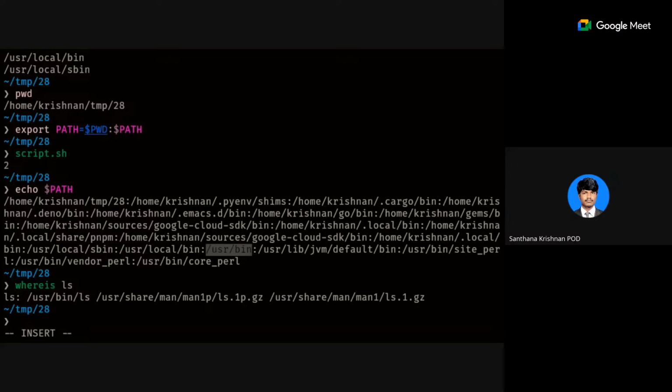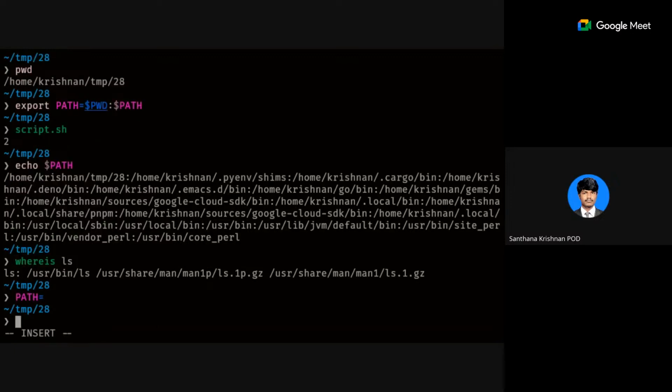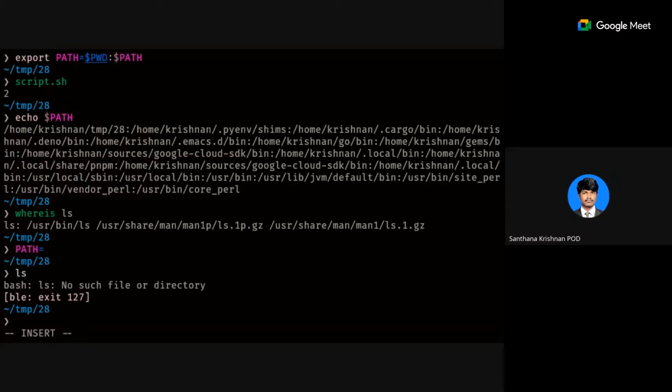Let's say what I'm going to do now is clear the PATH variable. If I do ls, actually I have no reference to it. It will say no such file or directory.